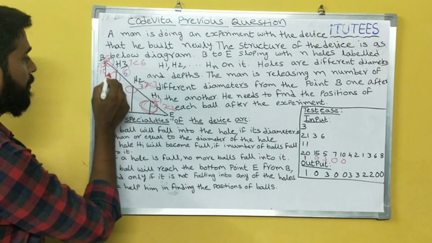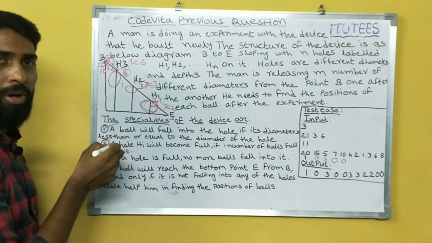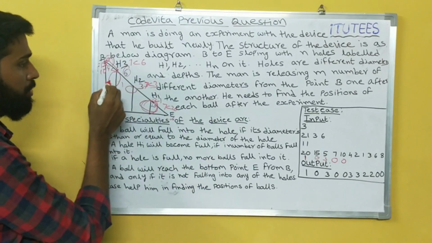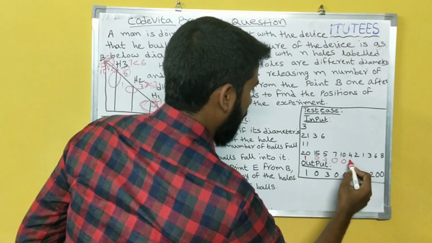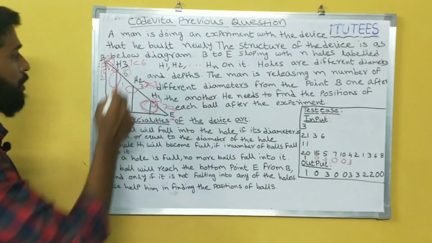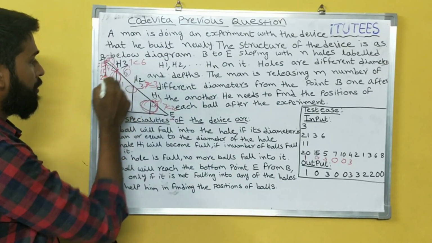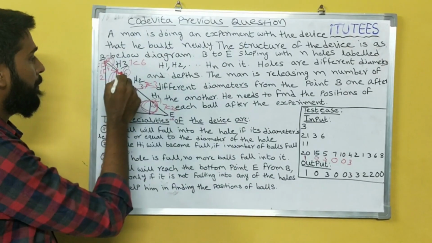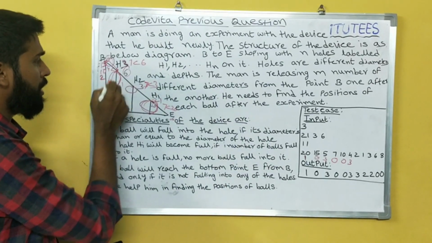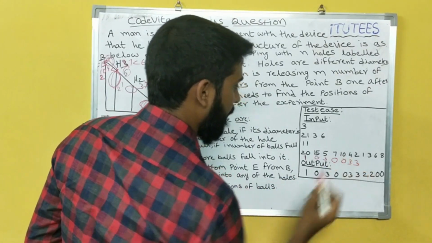Next 4. 4 less than 6, true, and it is filled with only one ball. So you can fall this ball in this hole. So the 4 will fall in 3. Next ball diameter is 2. 2 less than 6, true, and already only 2 balls will be filled, but the number of the hole is 3. So this ball also falls in hole 3. That means this is the 3.